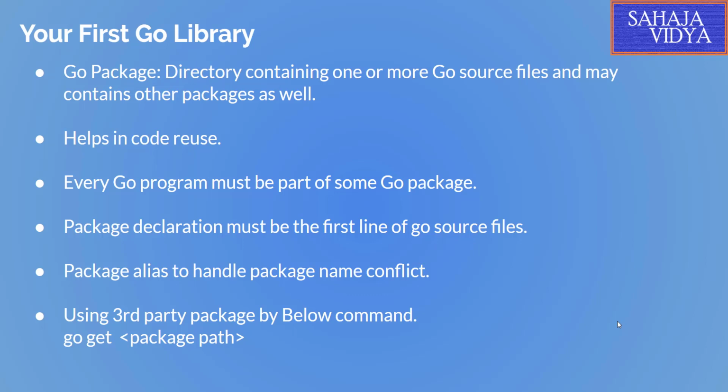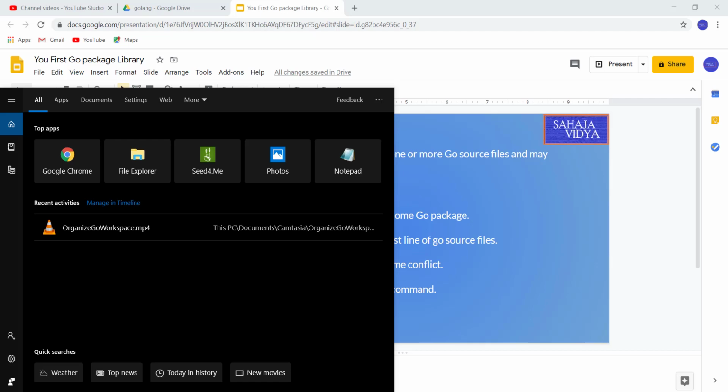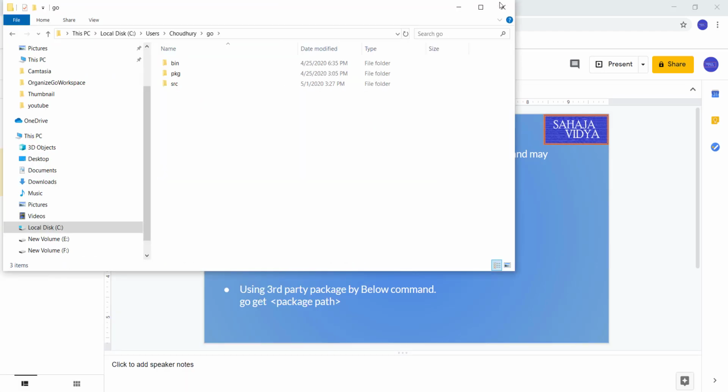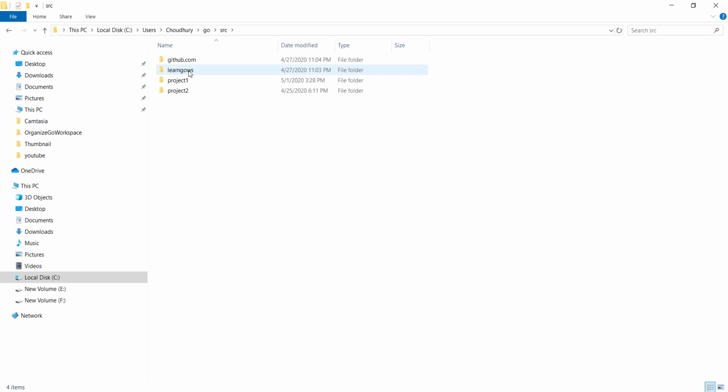One of the important features of high quality software is code reuse. Let's see how packages help in code reuse. Let's go to the Go path. Inside src, we created a project learn Go WS. Inside that, we created a package stringutil. So this stringutil package we'll take to GitHub as a separate repository so that this package can be used as a library for other source files. They can directly import it from GitHub and use it.